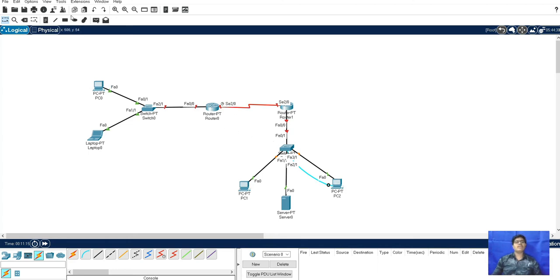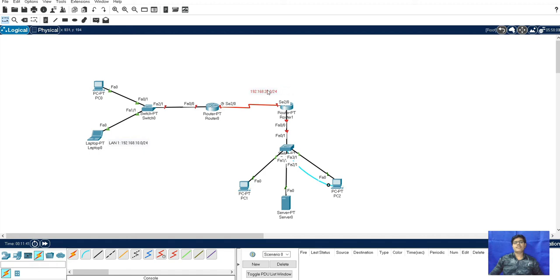Next we have to give the IP addresses. For that, this is the LAN 1, 192.168.10.0/24. Here we will move this. Next we will need 192.168.20.0/24.